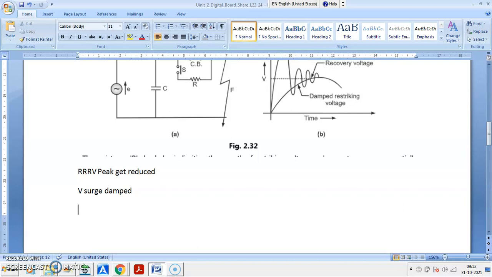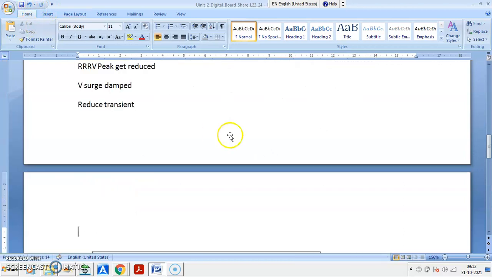Okay. So it helps reduce transient in the voltages. So you can avoid or you can reduce the current chopping by